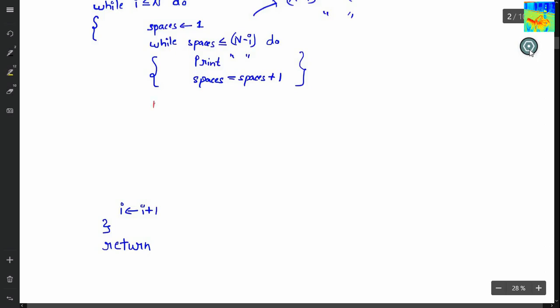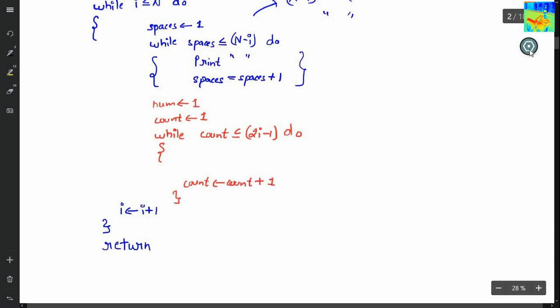So initially my number is 1 and count equals 1. So I have to run this loop 2i minus 1 times. So while count is less than or equals to 2i minus 1, do. And here I am having count equals count plus 1.